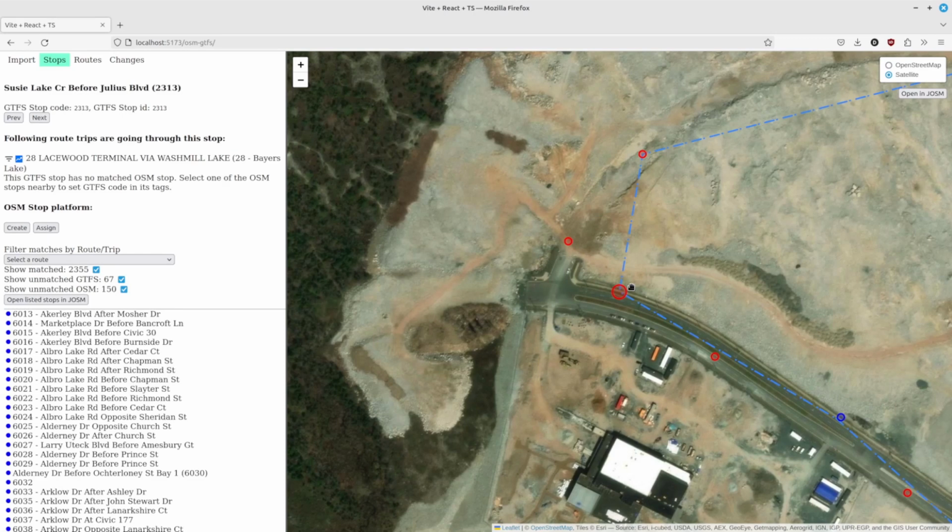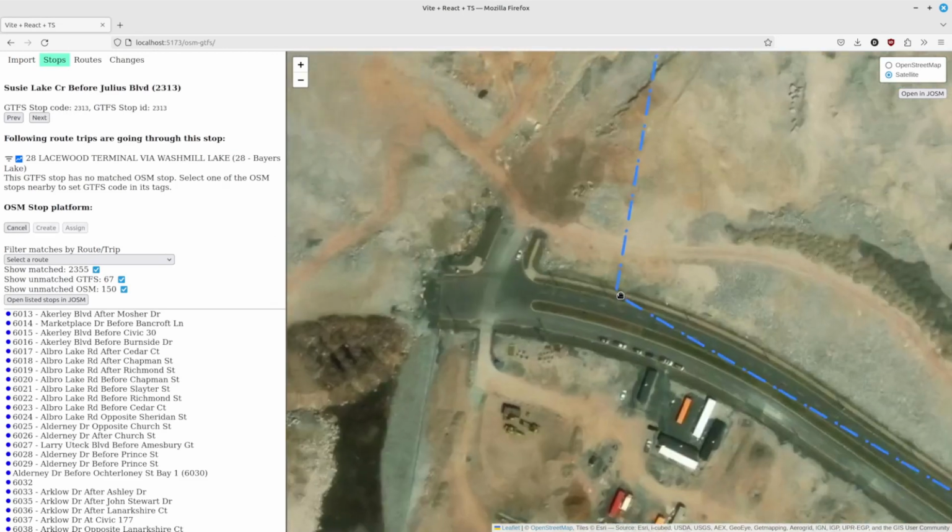Sometimes you have a stop which wasn't matched. It probably just lacks the code in the OpenStreetMap data tags, and in that case you would choose assign. I'll probably try to find a better example, but here we are definitely going to create a new one. So create, and after that just click on the map,